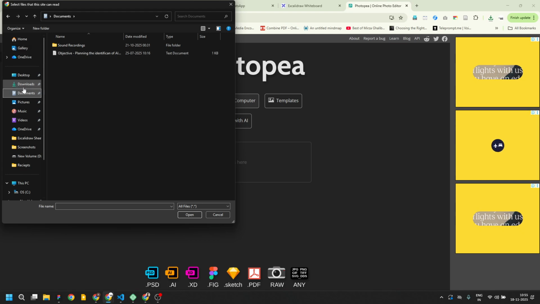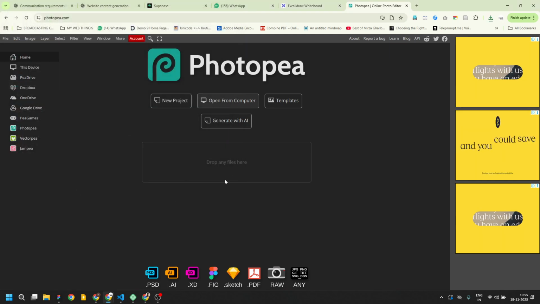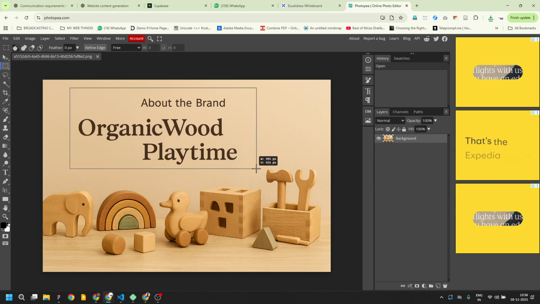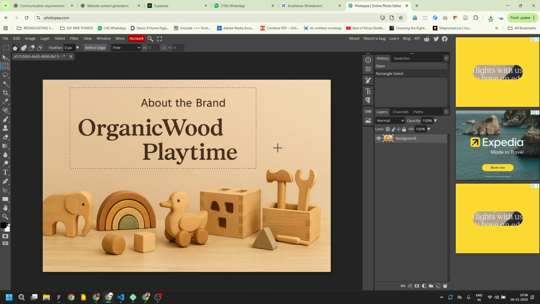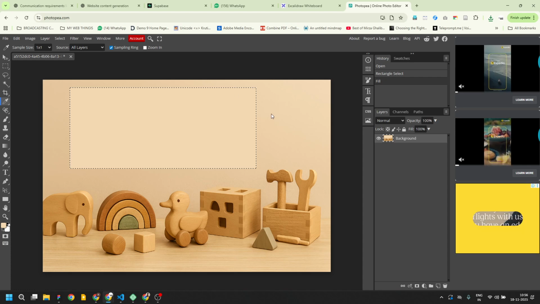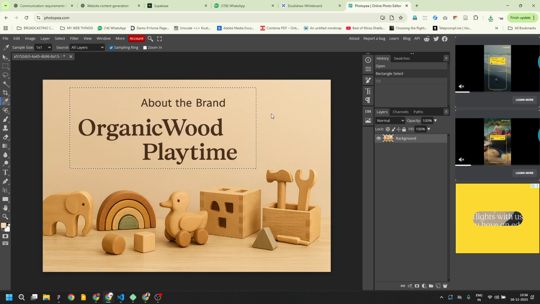This looks pretty much like Photoshop only, but is free. So I'll use eyedropper to pick the color, Alt backspace to fill that color,